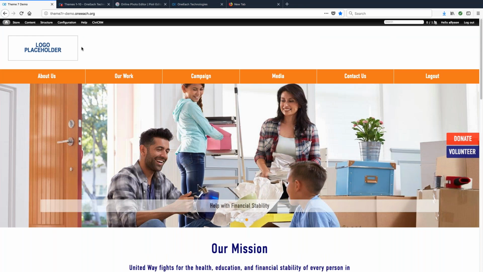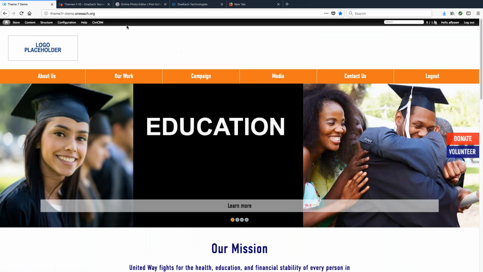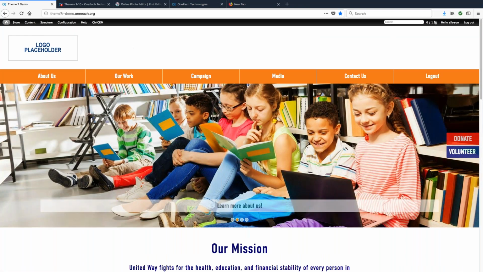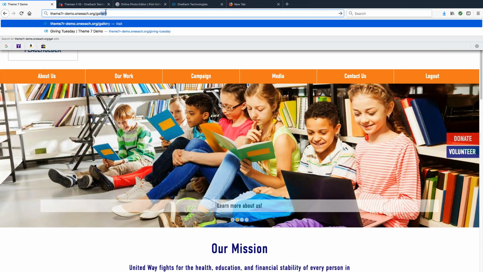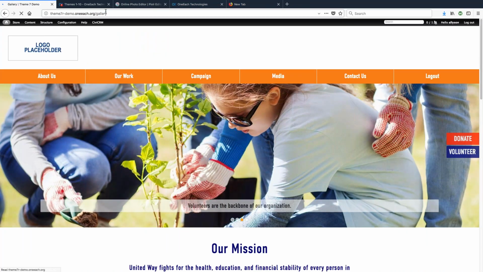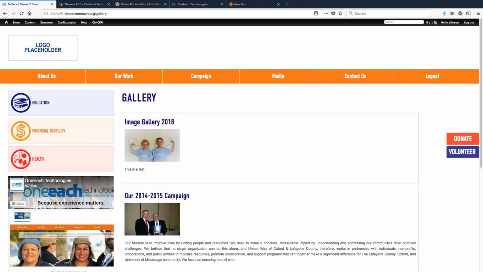I do want to show you the image gallery and then start winding this down. So let me just show you the photo gallery. So in case you didn't know this, everyone should try this on their website. Go to your website, at the end of your URL, type in gallery. I think I had a few of you say you're using it, but most of you apparently are not. When you go to gallery, you will have a photo gallery